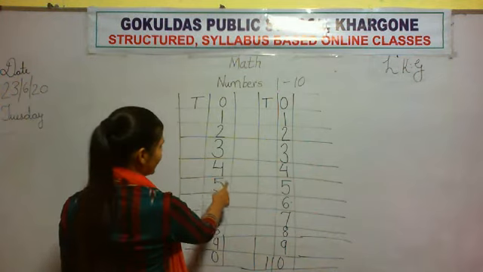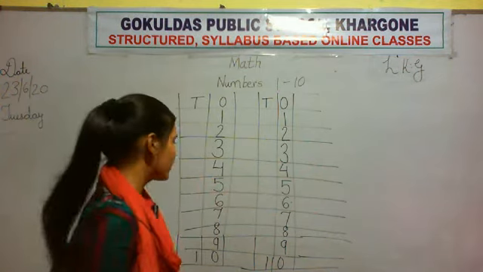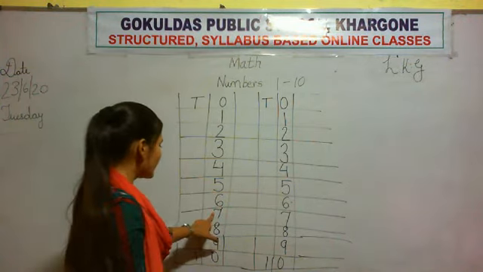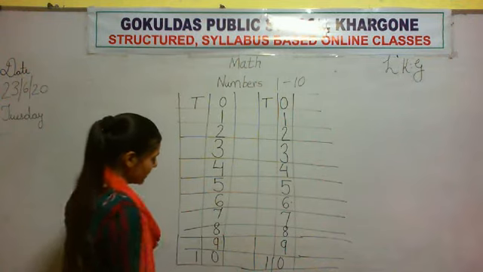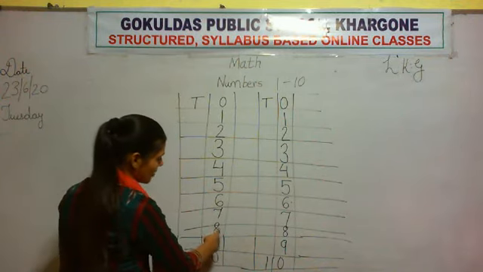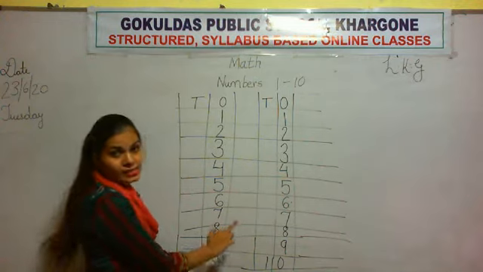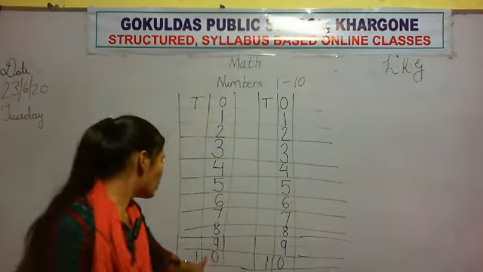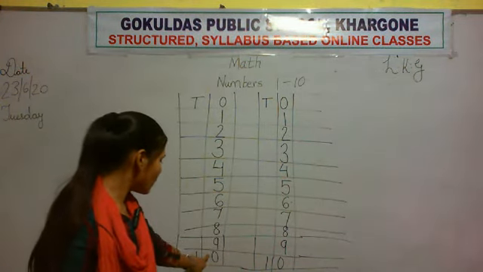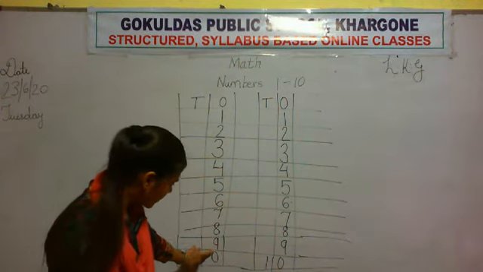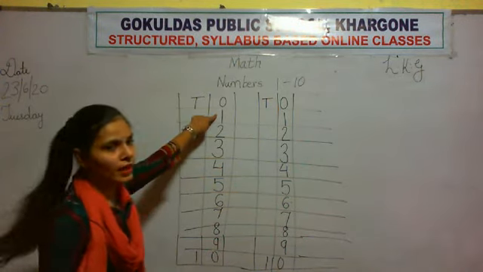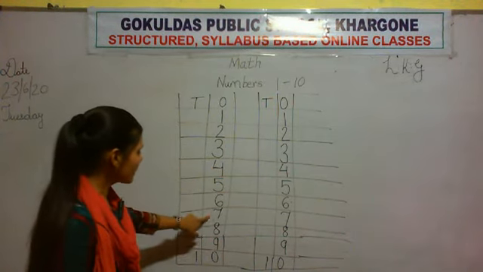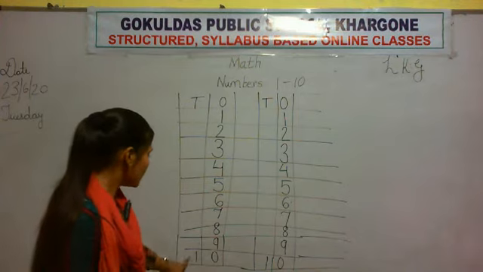Slipping line, standing line and half curve. This is number 5. Number 6. Half curve and circle. Number 7. Slipping line and slanting line. Number 8. Half curve and half curve. Number 9. Standing line and curve. And number 10. Standing line and oval shape, not circle. This is an oval shape. This is number 1, 0, 10. Okay. 1, 2, 3, 4, 5, 6, 7, 8, 9, 1, 0, 10.